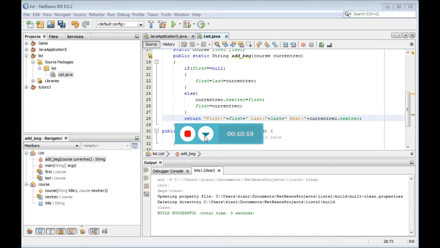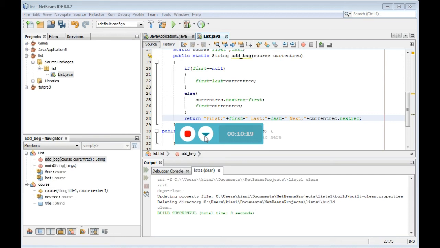We should see the addresses also, so we should return the address of first. First holds its address, last holds the address of last, and next holds the address of next: current rec dot next.